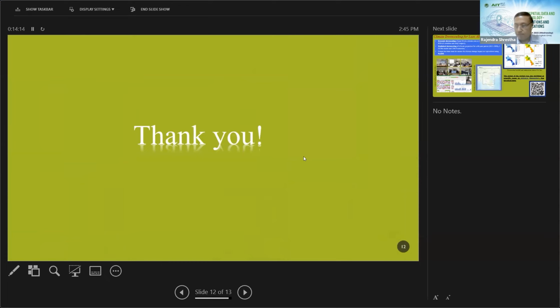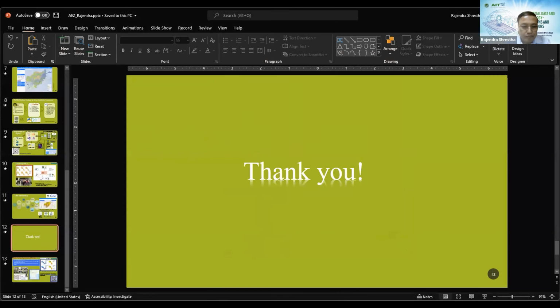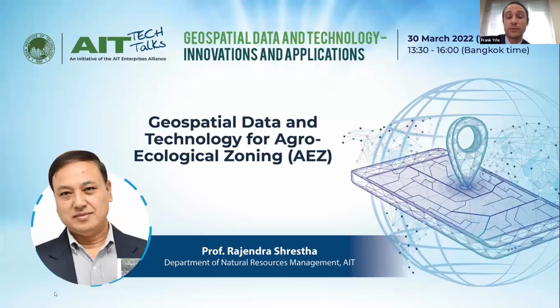Okay, thank you, Professor Shrestha, for your look into agroecological zonation. Definitely a big topic. As you said, it's been going on since the late 70s, but it continues to be huge for agriculture and even moving forward with climate change and its effects on agriculture. Thank you. So if anyone has questions for Professor Shrestha, I ask that you hold on to those, or you can add them to the chat, but we're going to have one more presentation before we get to our Q&A for this agriculture session.